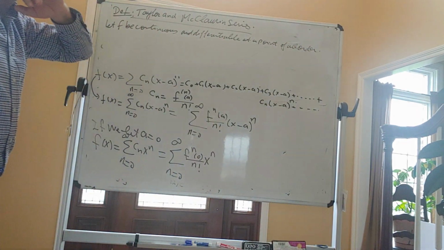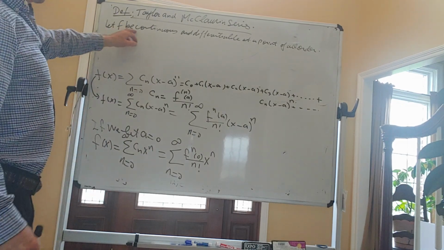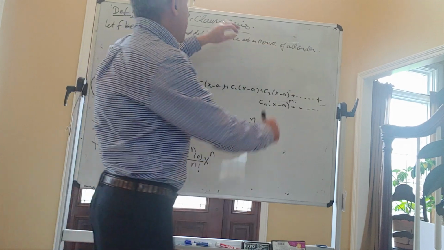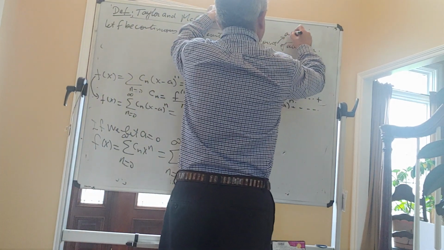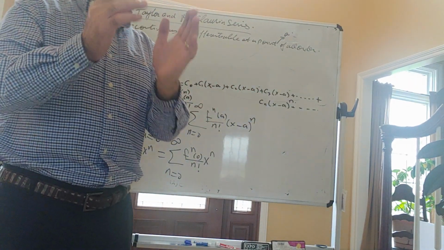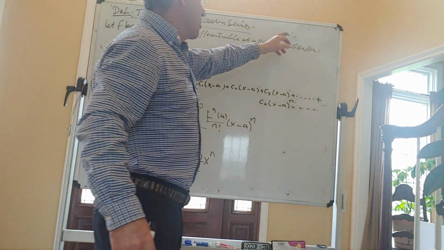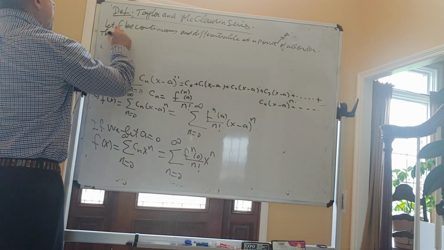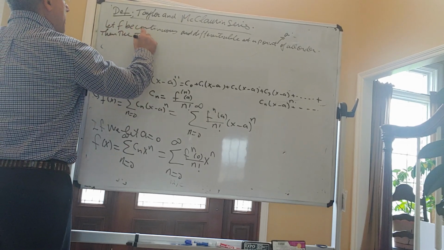So basically we're going to have a continuous function and differentiable at a point A. So basically if you take an interval, it's going to be in an open interval that contains this point A, of all orders, then